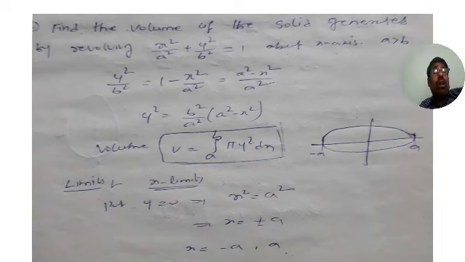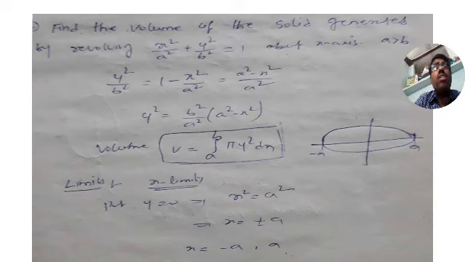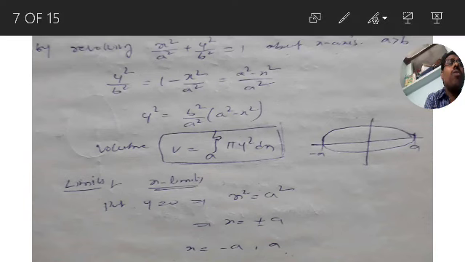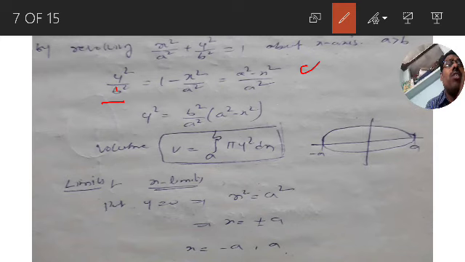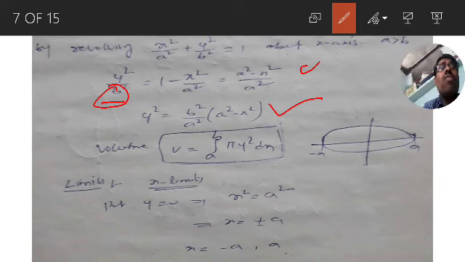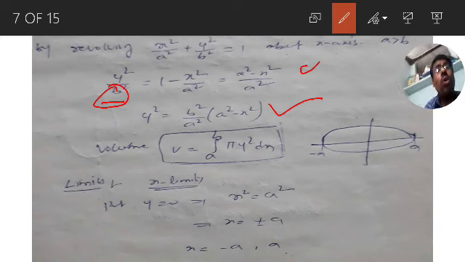So what you need for the limits, you need the y square value. So let me find y square from the given equation. What is the equation given? x square by a square plus y square by b square is equal to 1. From the given equation you can write y square by b square is equal to 1 minus x square by a square. Take a square LCM: a square minus x square by a square. Take this b square term to this side, we will get y square. So y square is equal to b square by a square into a square minus x square.